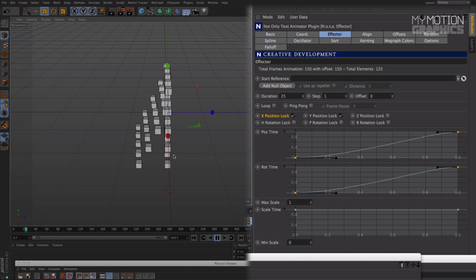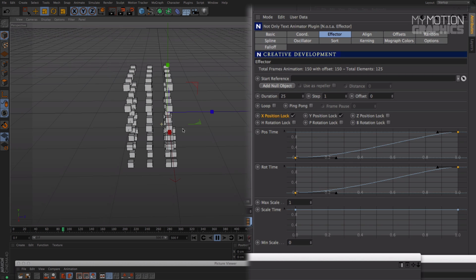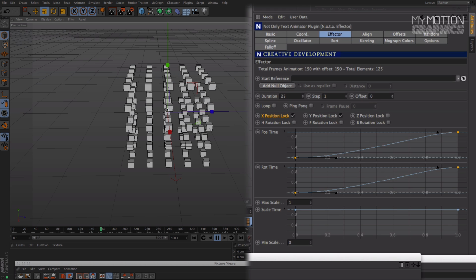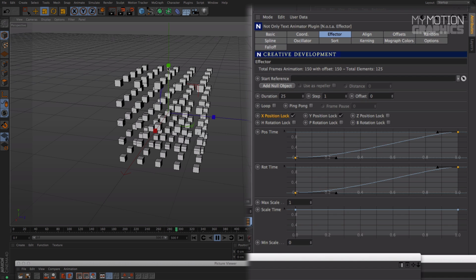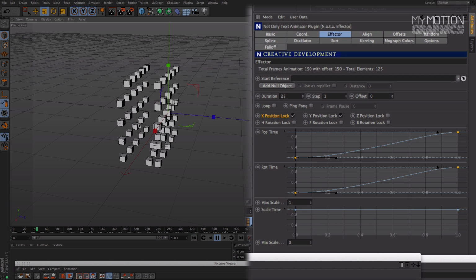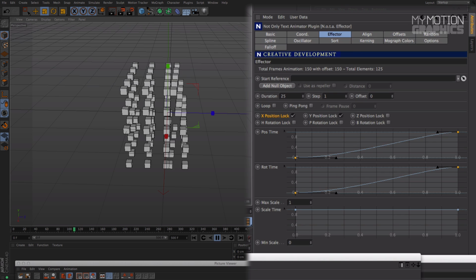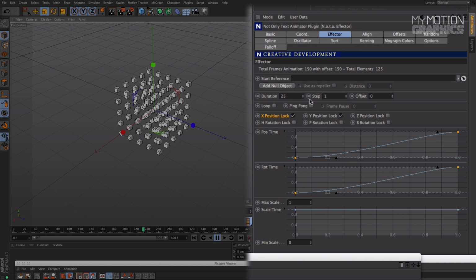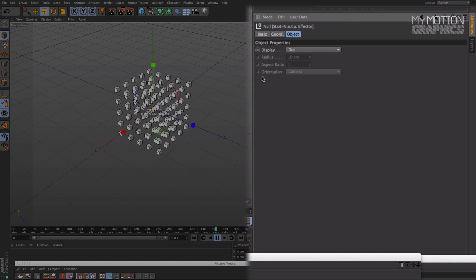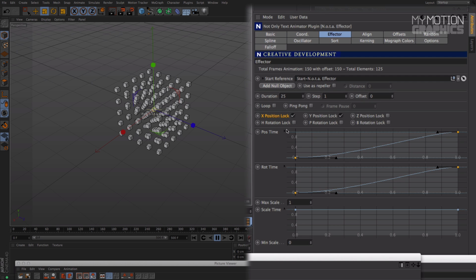As you might see, the cubes are growing or being built from the center, in this case the XY axis, right? So they're moving from there. But let's say I want the cubes to start from somewhere else and not in the middle. So with the NOTA Effector selected, I can add a null object. And let's show this again. This is called a start reference, and you can click this to create a start NOTA Effector automatically